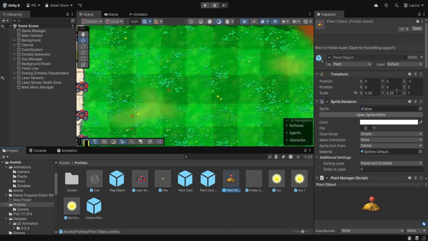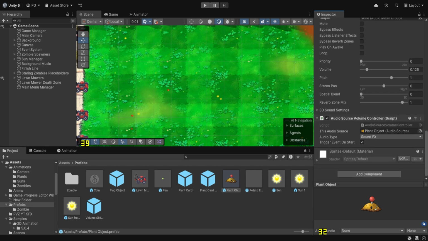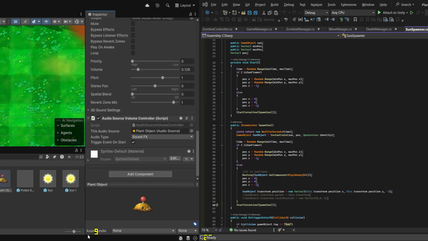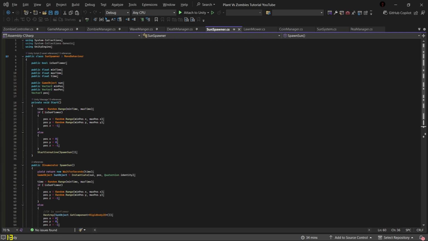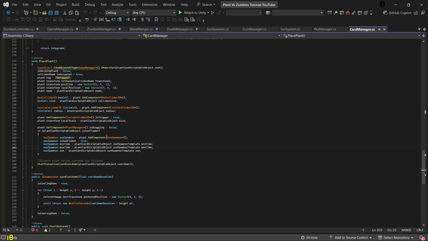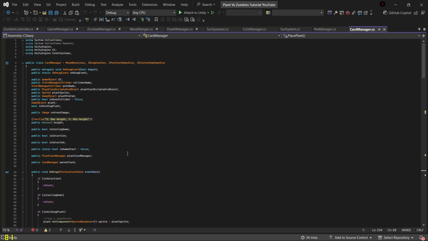then under plant object, is it? No, okay, wait, let me just find that real quick. So this is the sun manager, free references, here it is. Sun spawner. So this is the place plant, and here it is. So this is the card manager. Okay, and